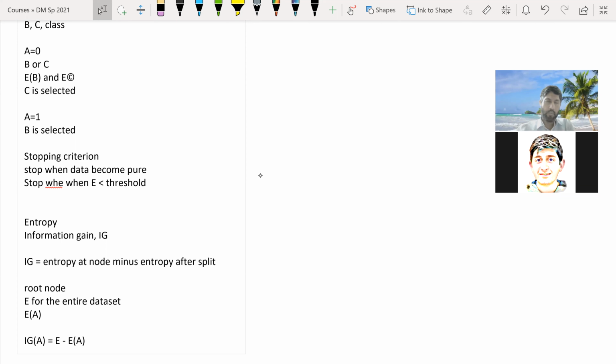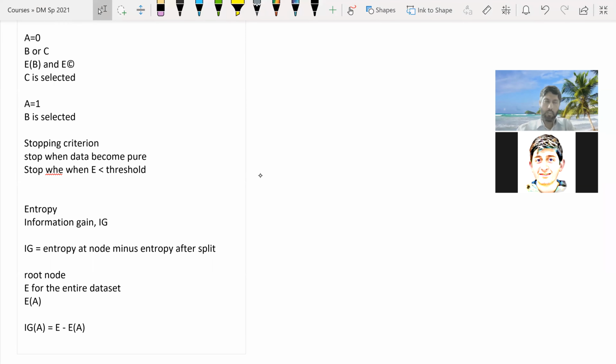Now that of course we will choose the attribute that has the maximum information gain. पहले we are choosing the attribute that has the minimum entropy, that leads to the minimum entropy after the split. Now we use the attribute that has the maximum entropy gain after the split. Sorry, maximum information gain after the split. So this is identical. So in the literature, you will see both information gain as well as entropy.